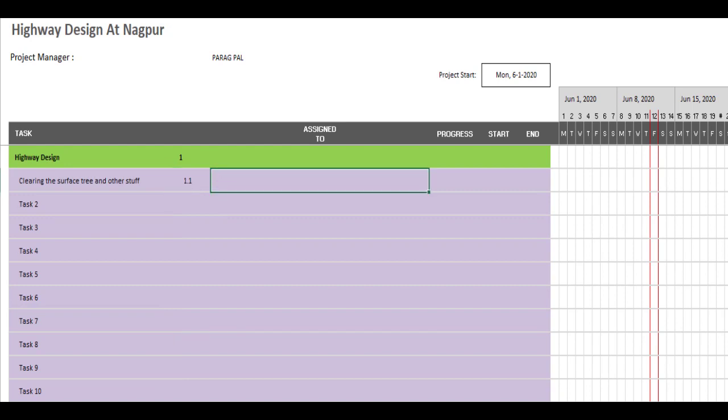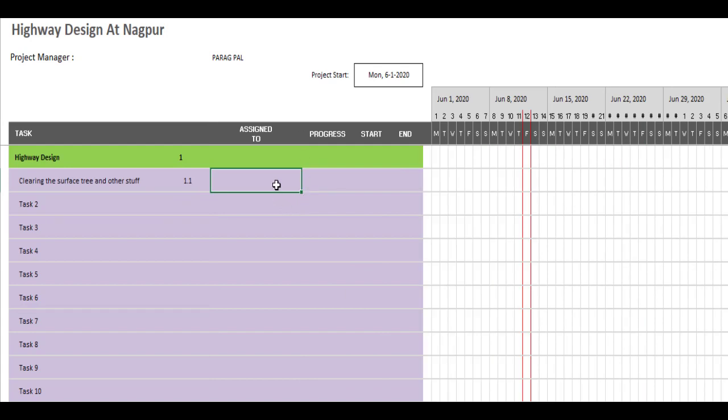Now, to whom do I need to assign it? You need to create the resource allocations here also, like you need to assign it to one engineer, right? Like other stuff, whatever resources you want to use, you can put over here. So here I'm going to provide an engineer, laborers, and the machineries.